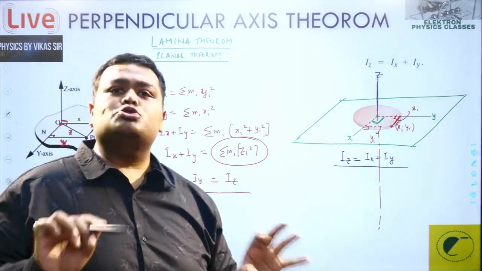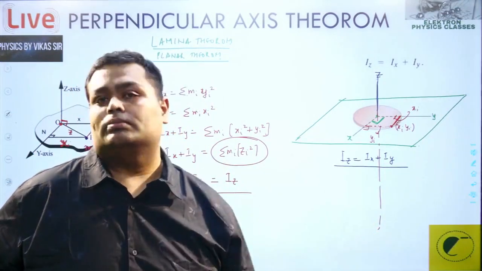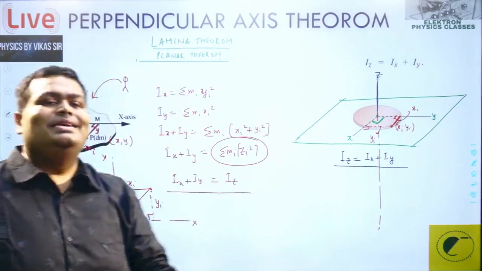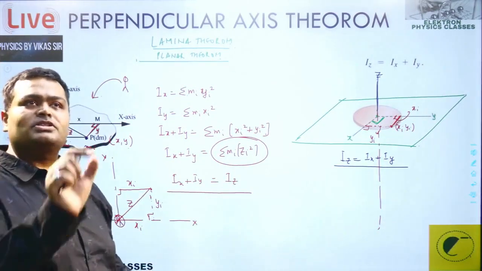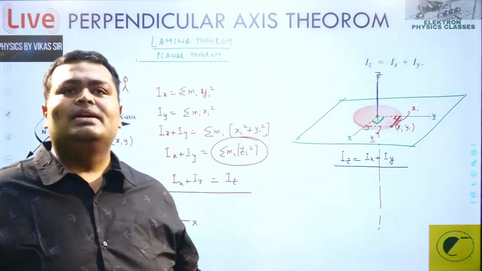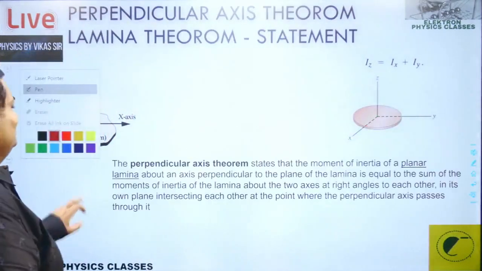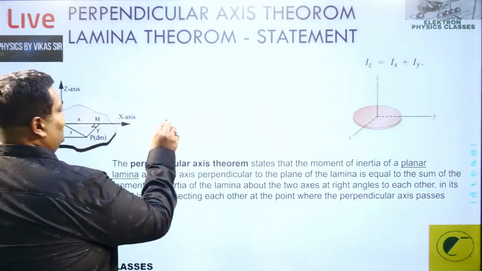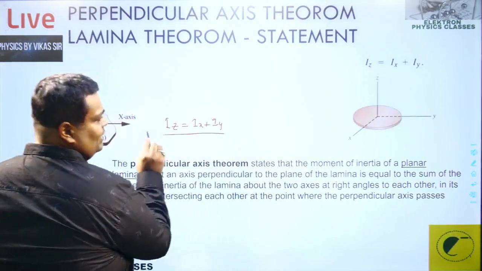If the point passes through the center of mass, it's well and good. Even if it does not pass, still you can apply the theorem. But in the case of the parallel axis theorem, one of the axes has to be from the center of mass. In this, the condition is all the three axes have to be mutually perpendicular and passing through the same point. And two of the axes are lying in the same plane. That's it. And then we can happily apply this particular theorem. So there must be the statement of this, and that's a very easy statement. You can just put forward the same statement, that is Iz equal to Ix plus Iy. That's the exact thing which it has written.